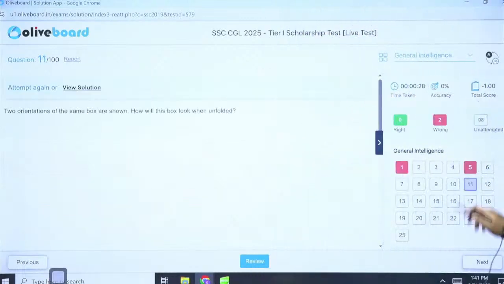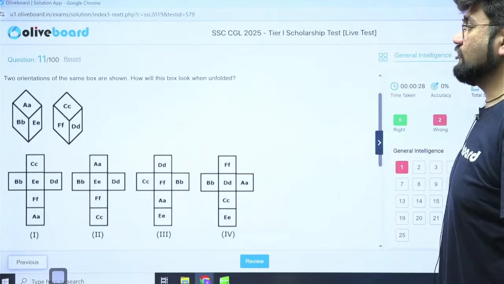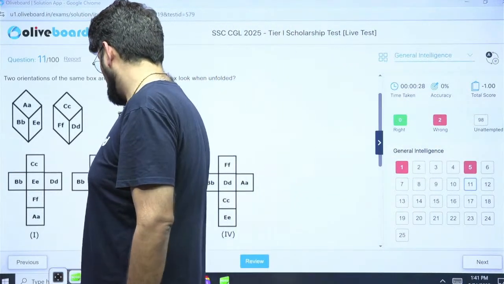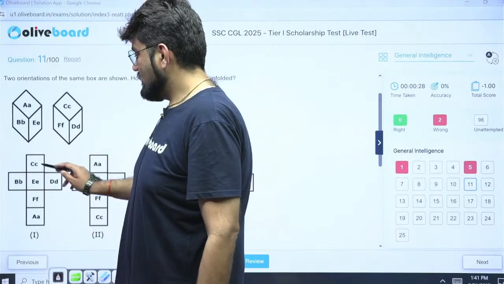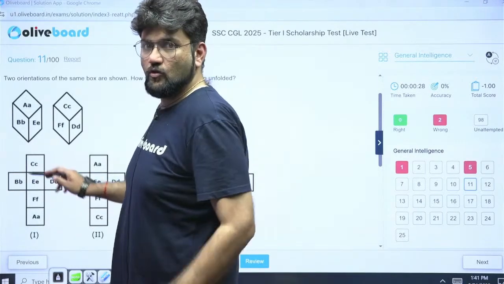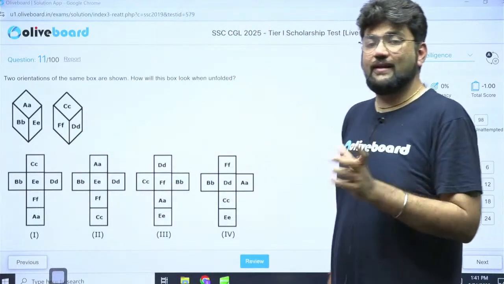Question number 11. How will the box look when unfolded? Here, you will check for the opposite ones. Opposite and adjacent, that is what the rule will say. So, in these figures, CC and FF will be opposite, EE, AA will be opposite, BB, DD will be opposite. So, you know, in a vertical, longest vertical or horizontal line, the alternates are opposite and the overhangs are opposite,